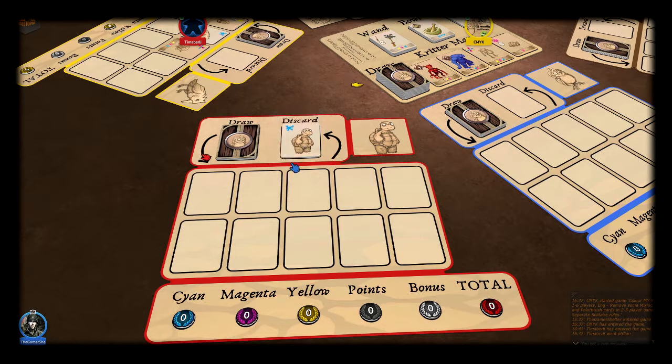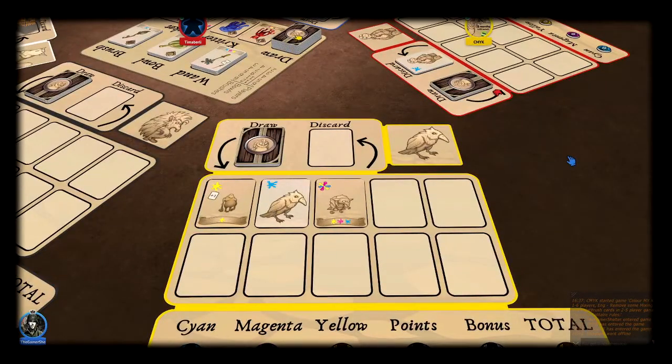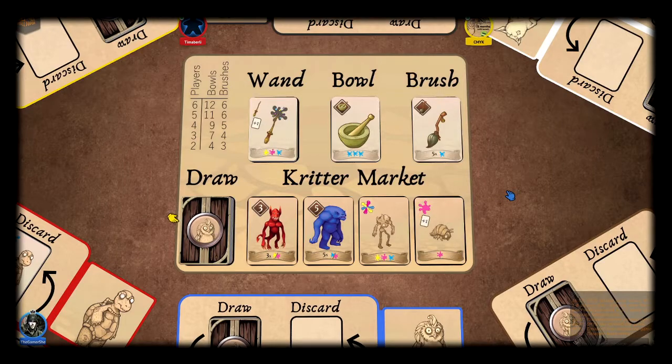There are 2 ways to do this. One is if you empty the entire draw pile. It's currently 53 cards left there. So that takes longer, obviously. With fewer players, you'll have more rounds than if you're 6 players. So the other